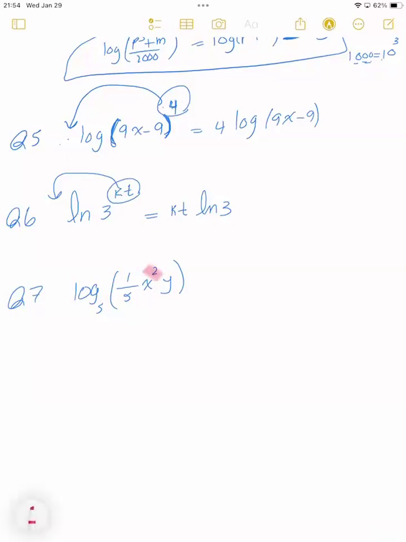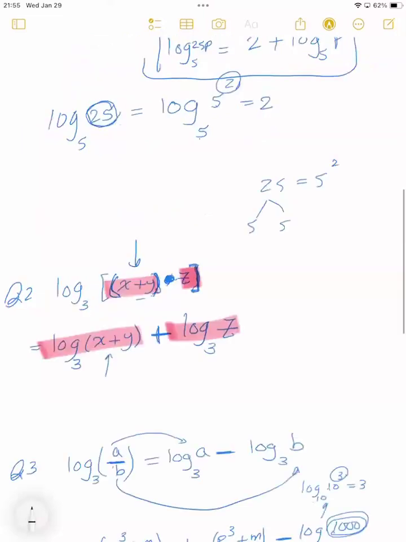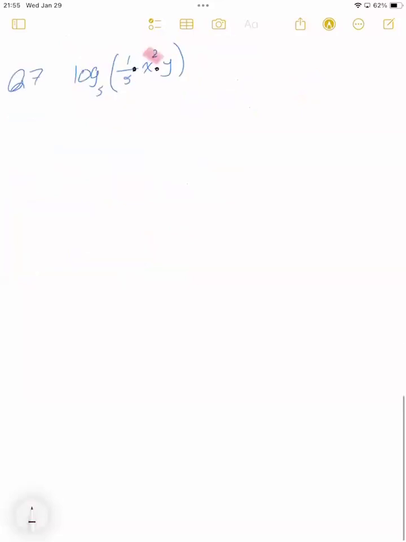We want to get rid of these multiplications. So let's do that. We are going to write this as log base 5, and you have 1 factor, 2 factors, 3 factors. So you get log base 5 of 1/5 plus log base 5 of x to the power 2 plus log base 5